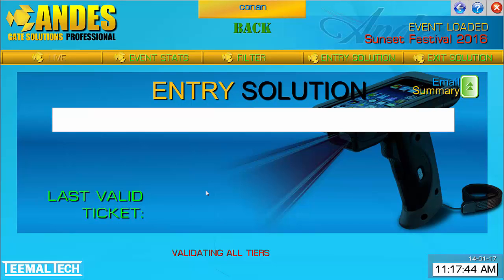Entry solution is where the rubber meets the road, so to speak. Here is where we do that which the application was designed for, validate tickets. But we do a lot more, and there are a lot more features. So before we do that, let's look at the application and some of the features and some of the things